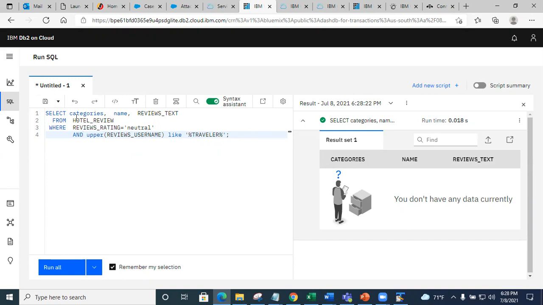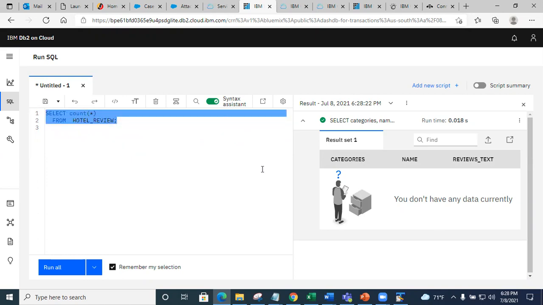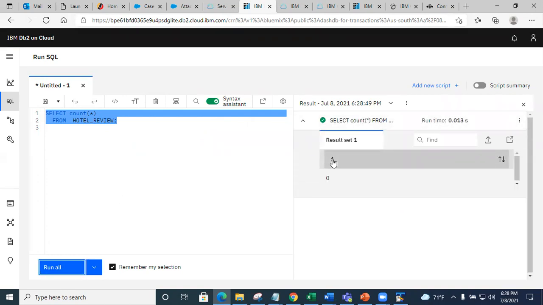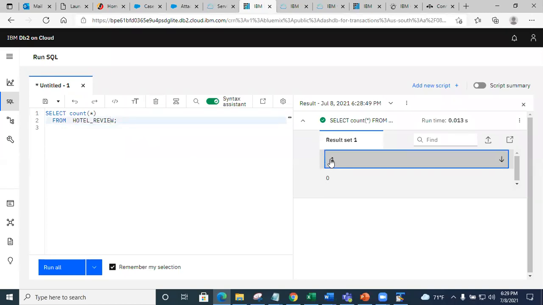Okay, now I have to, let's do this. Let's try this. And what I'll have to do, this is my homework. I have to take the data set for assignment 3 and see if it uploads in this new interface. Okay, so this is the result set. See this, there is something wrong because it loaded only one row. So there is something wrong with how hotel review is uploaded because see this, the count returns 1. So now I know there is something wrong.